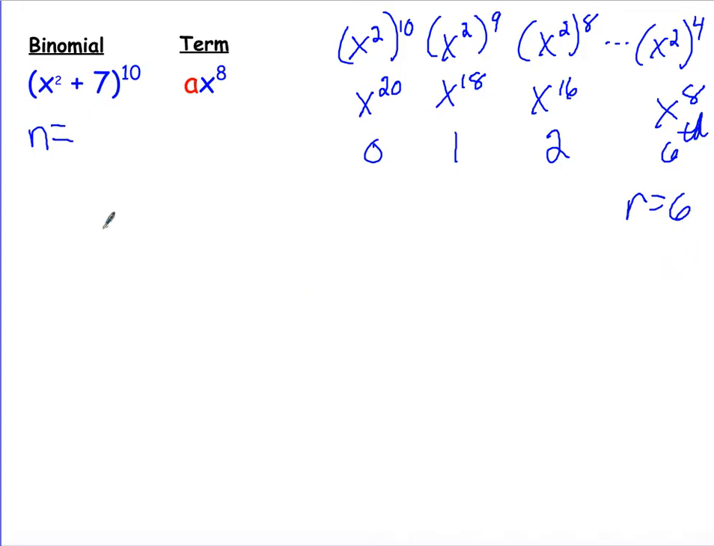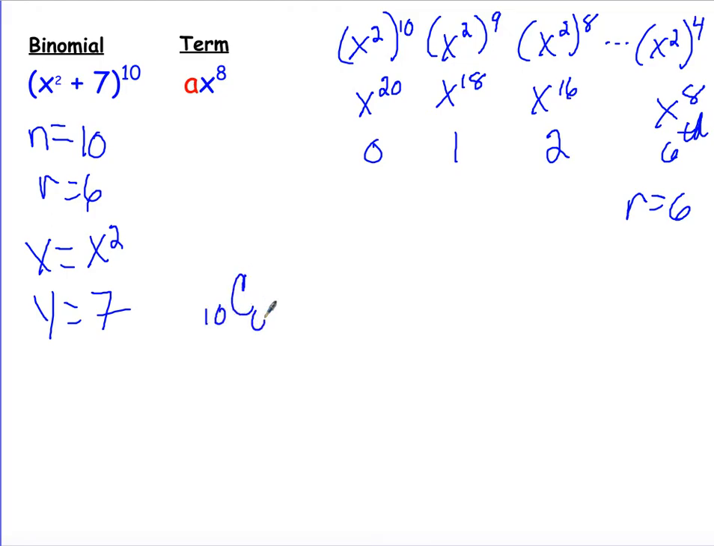And so now let's just type this in. So n is equal to 10. r is equal to 6, x is equal to x squared, and then y is equal to 7. So if we type this in, we end up with 10c6, and then we're going to have times x raised to the 10 minus r, and then times y to the 6, and then if I put in what x and y are, 10c6 turns out to be 210,